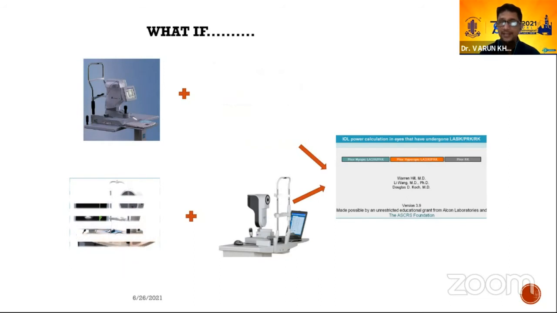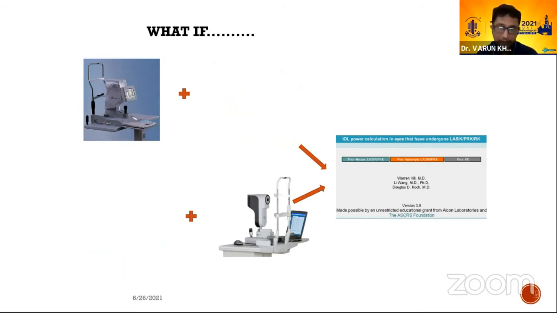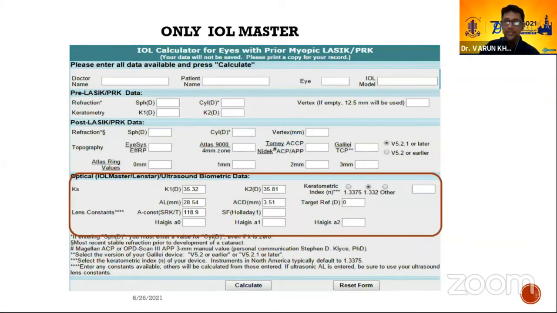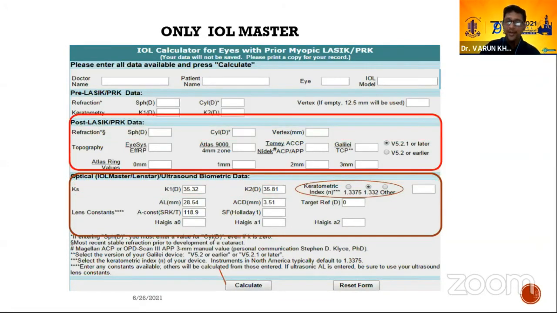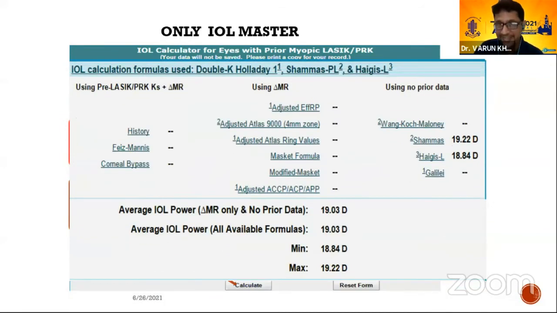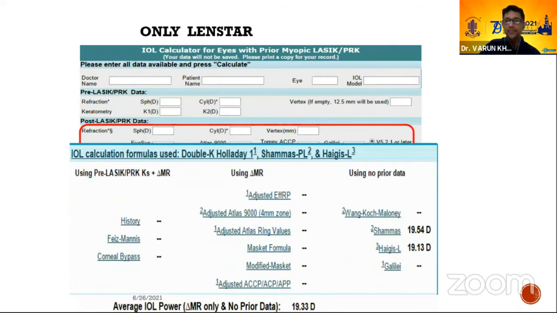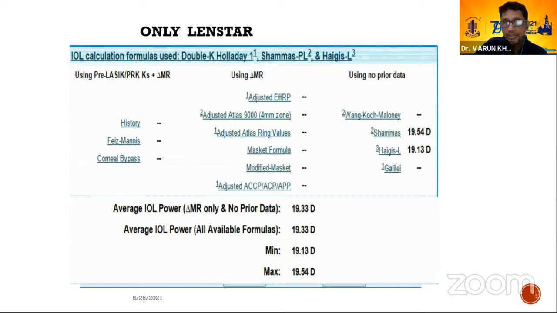We don't even have access to topographers. Would the online calculators work if we just had the IOL Master or the Lenstar, just the biometric data? I went back and put in the values for the same patient using just the biometric data with the ASCRS calculator. And to my surprise, it wasn't off by that far, both with the IOL Master and the Lenstar,